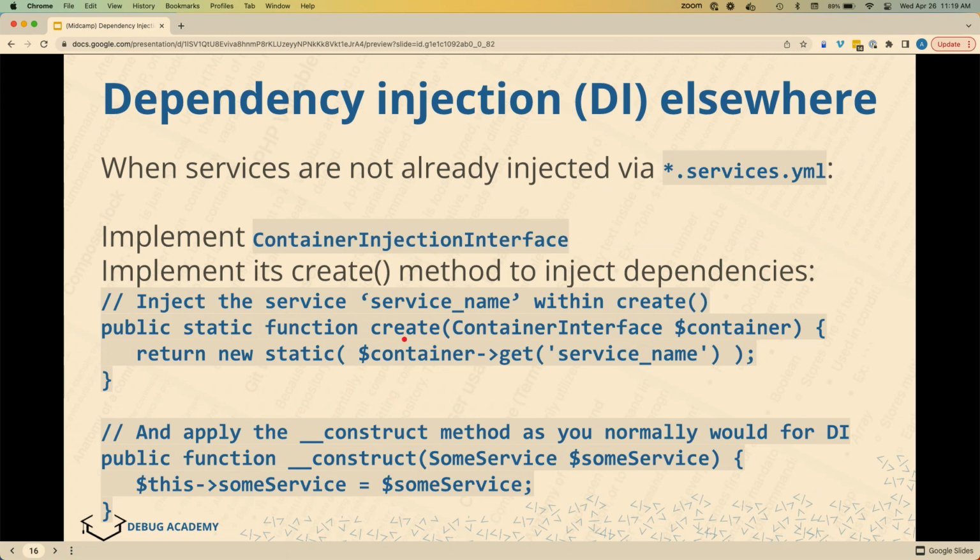I'd say this is the most standard way that I've always seen, but yeah, when you call return new static, that's going to create the object. There's nothing stopping you from, instead of returning it, you can just make a variable that says like my object equals new static so-and-so, and then you could get these dependencies and attach them as properties, and then you can return the object already prepared, and then you might be able to get away without creating the construct if you do that. I don't know that one's really better than the other, but here at least you can make sure that the type is right. You can use the type hinting.